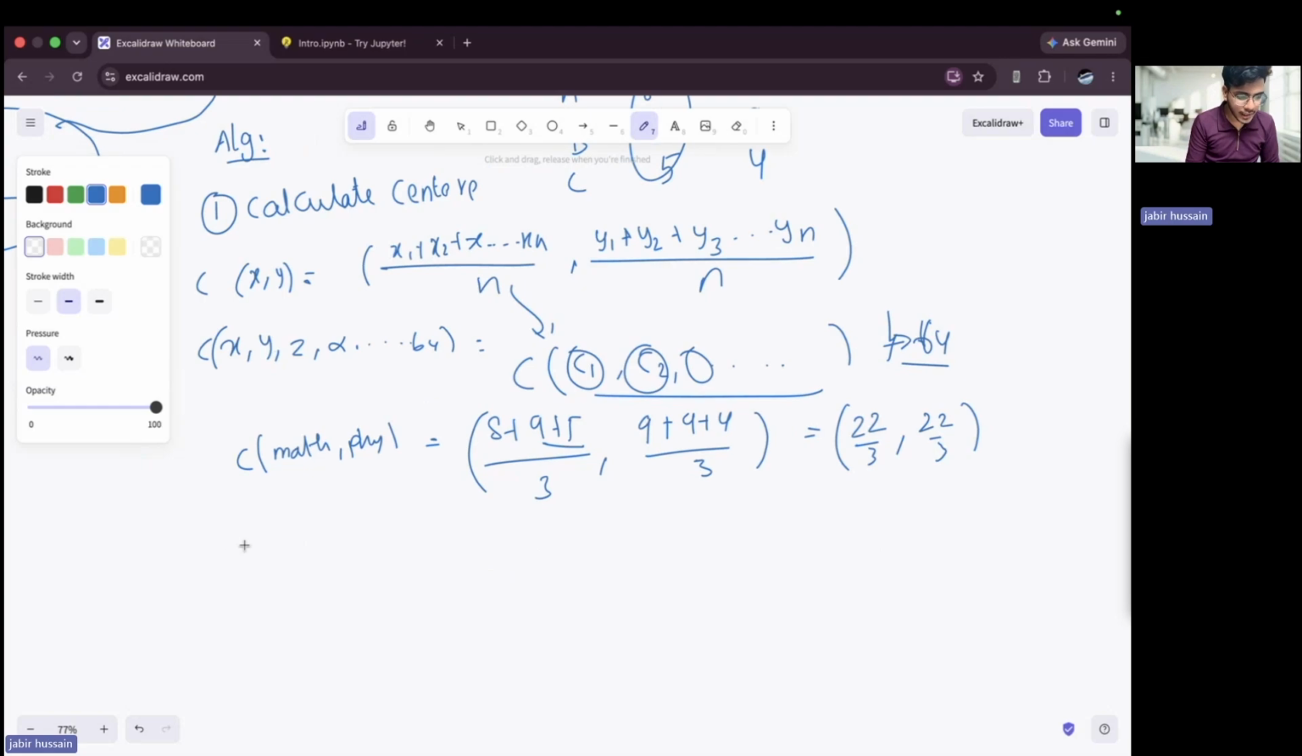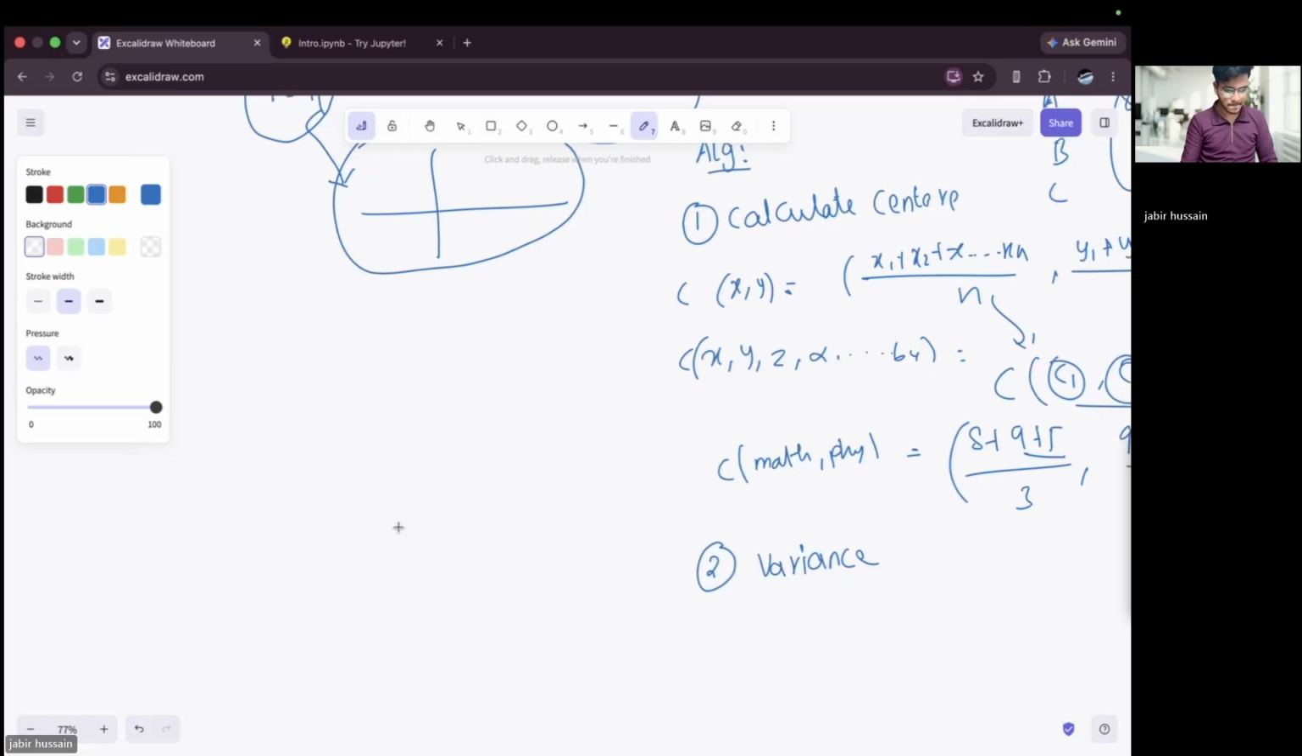Now after calculating the center, the second step here is calculating variance. Now what is variance? This is an important concept. I'm writing the definition of variance here. In PCA, the meaning of variance is, or I'll just write here, in PCA, variance